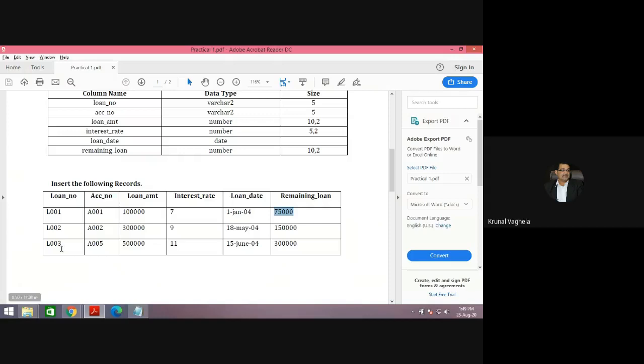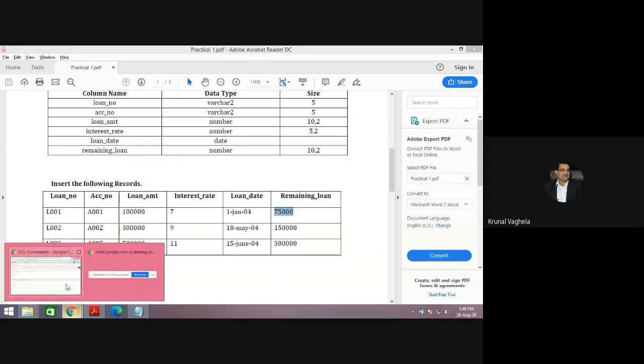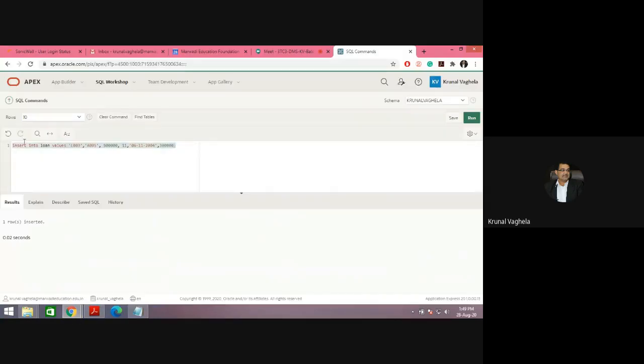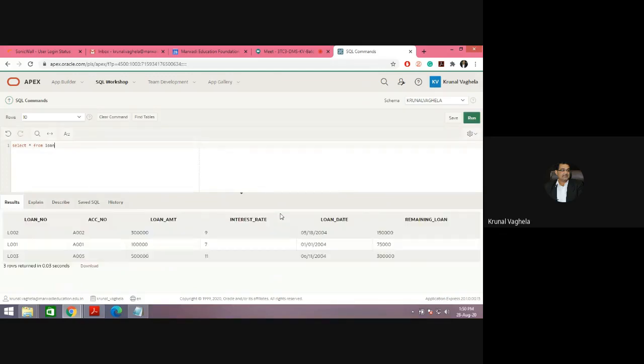So we have inserted 3 rows. Let us check whether it is inserted properly or not. Select star from loan. Run. So the records are inserted. Just a minute.